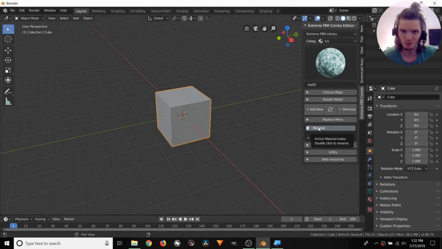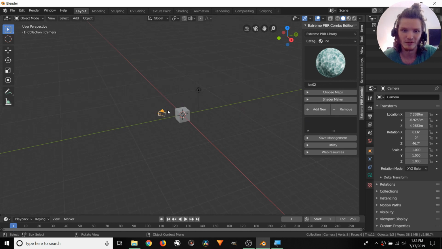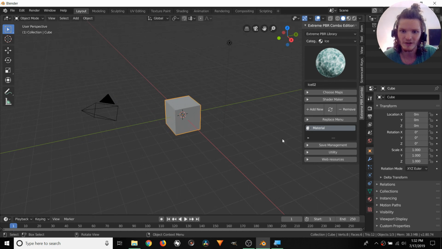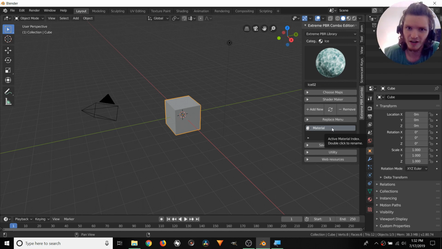It's just a principled BSDF, but that doesn't really matter. If we select nothing, or a camera, something that doesn't have a material, it's not going to have a material here. So with our cube, we have this material, and what we want to do is replace it with this ice material. Now, Extreme PBR Combo, this is a combo feature, has a very nice button, which is